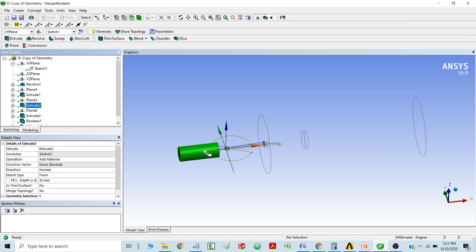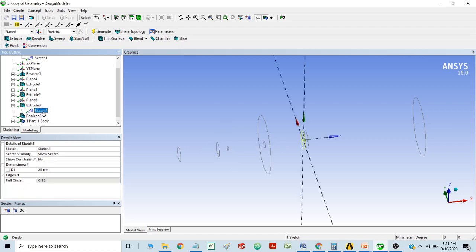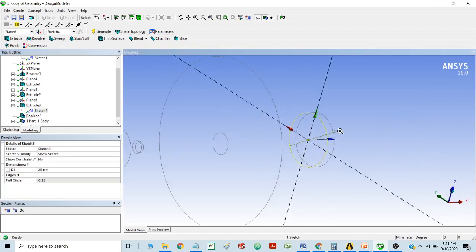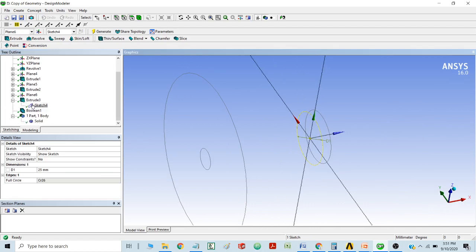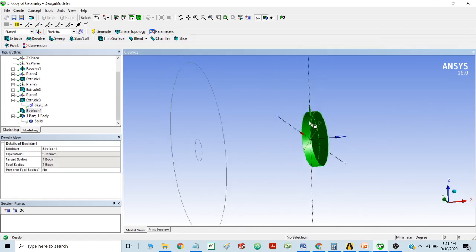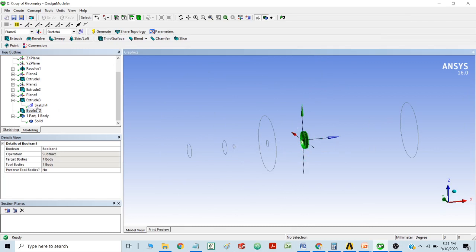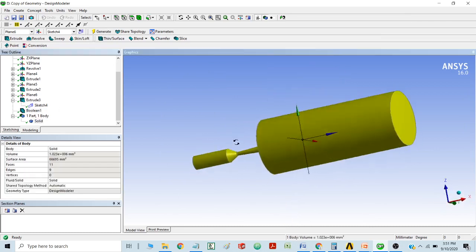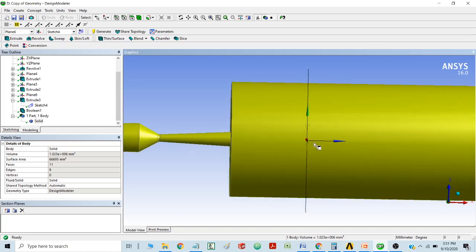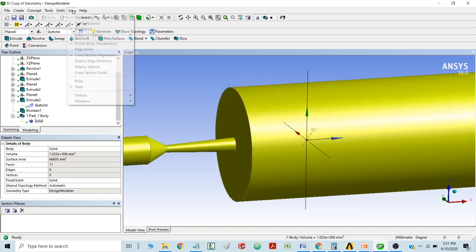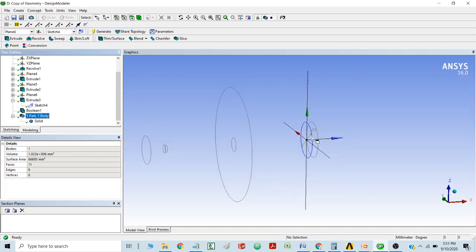And then I have added one extension to the inlet of the nozzle. And then I have made another body, which is this thing, the sketch I'm talking about. This is the part which has been drawn, and it has been extruded, and then I have performed a boolean operation. So this part was extracted out of this particular cylinder. So finally I got this part. In this part, at the center, at this particular point, we have one hollow structure. So this hollow structure will act as a plate on which the fluid is striking.